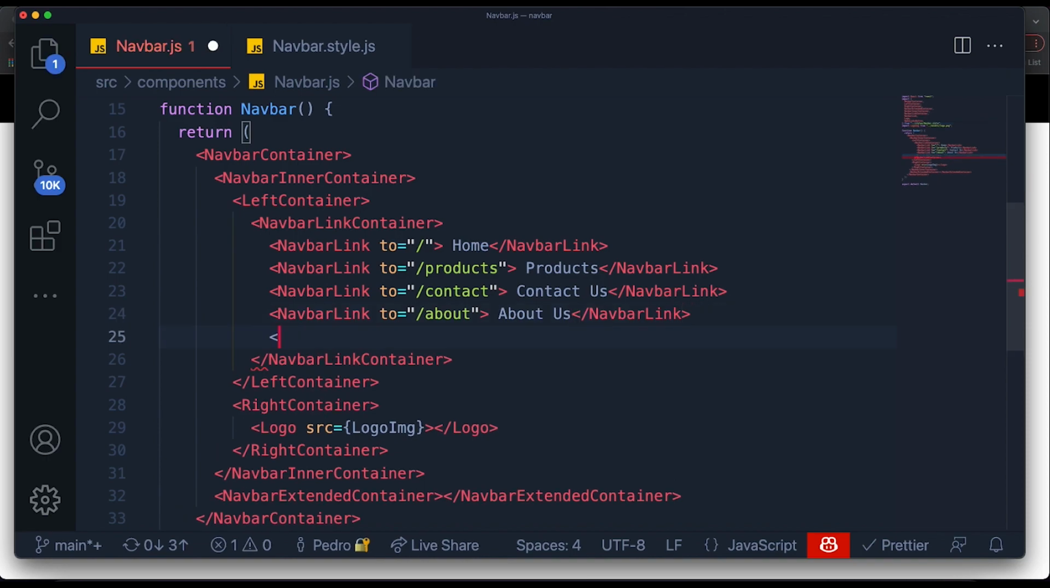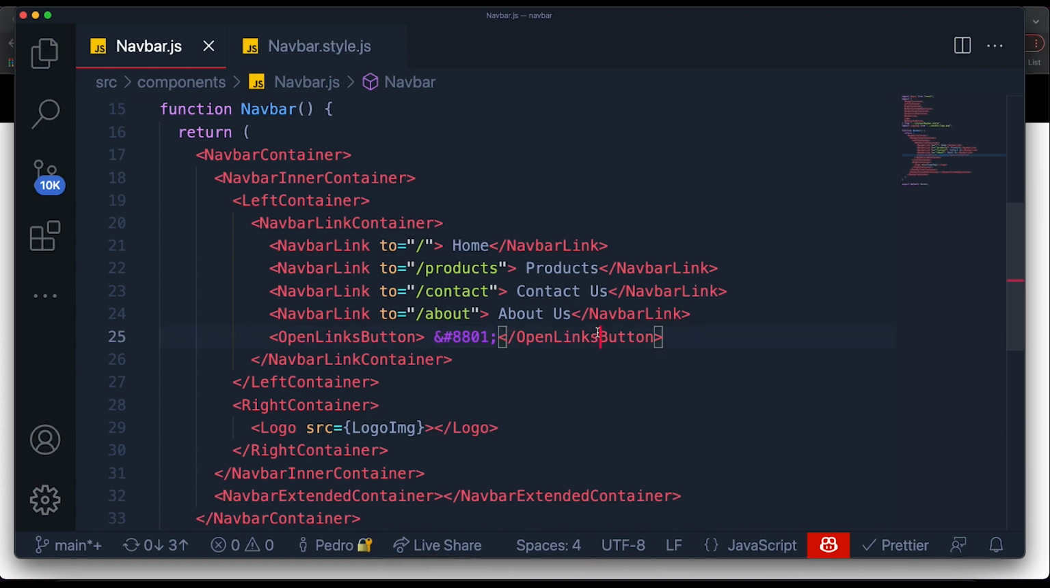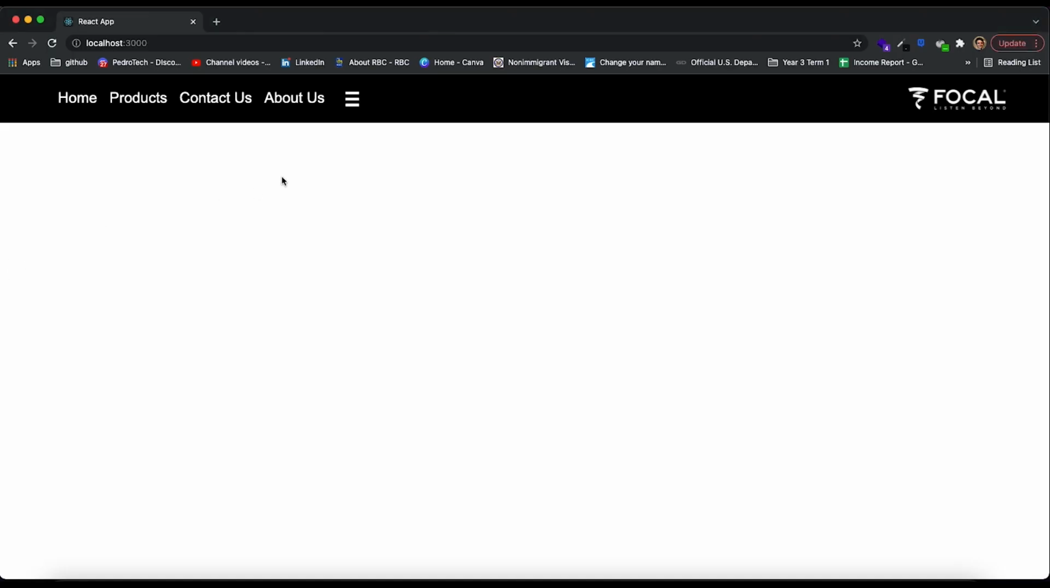And obviously when the screen is not small, we don't want to display it, but we'll deal with that in a second. I just want to say open links button, and the text inside of it will be this Unicode over here, which as you can see will represent the 3 lines that I was mentioning. So right now it doesn't do anything if I click on it, absolutely anything,